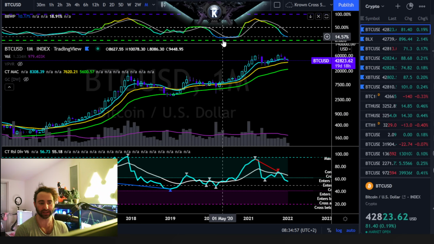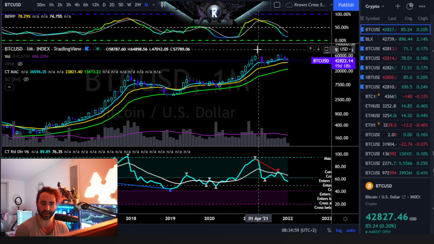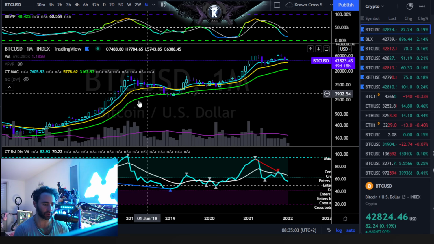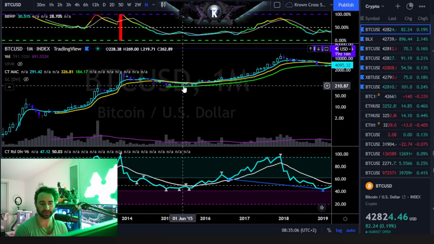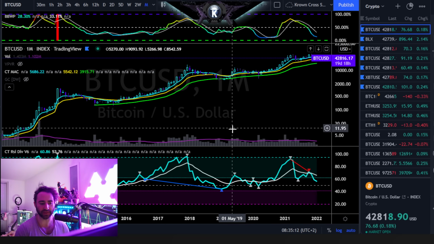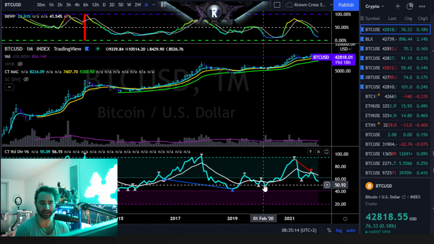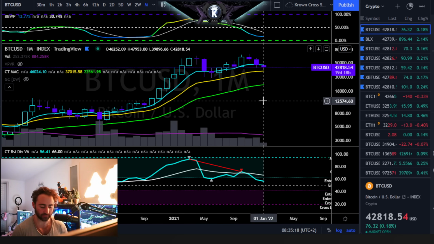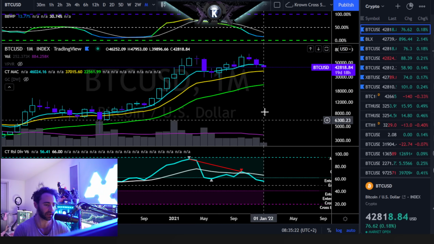I'm talking about this area right here, before going from about 9,000 to 65,000. This area over here, before going from 3,000 to 14,000. And then of course the 2015 lows right here, before going from 200 to 20,000. So I do think that is relevant. I should also note that these were typically accompanied by hidden bullish divergence as well, which is generally a good sign. But again, we still have a lot of work to do, and I don't think this is happening anytime soon. Hopefully that was helpful. And there you go for Bitcoin, sirs and zers.